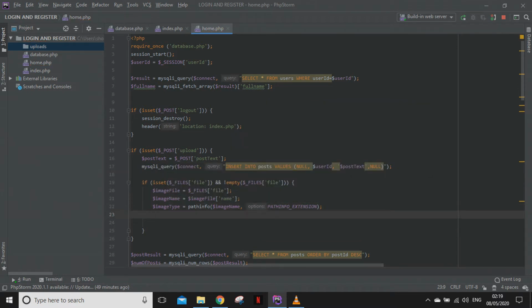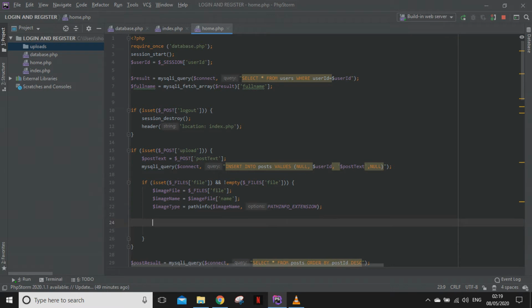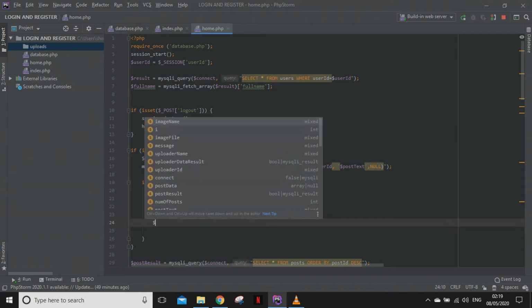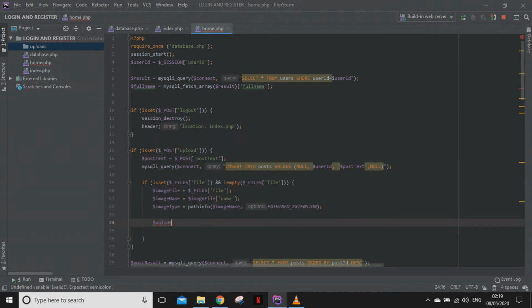Okay, for this forum we are only going to allow certain types of files such as JPEG, PNG, GIF. So we're gonna store these allowable extension names in an array. So we're gonna call it valid extensions, and they're going into an array. So we JPEG,